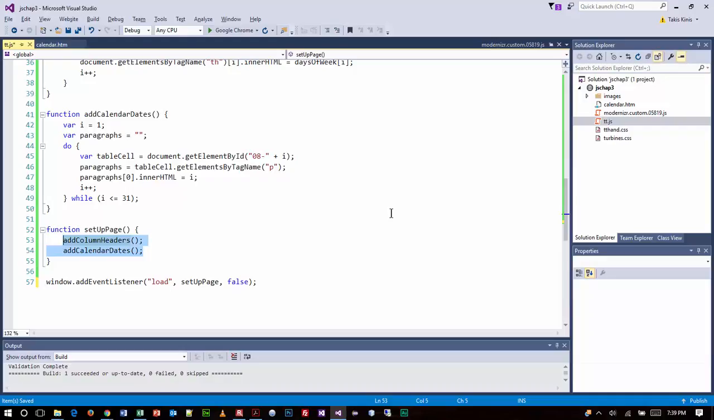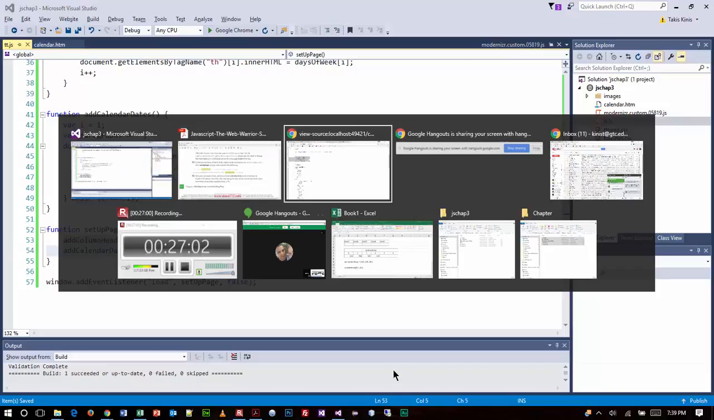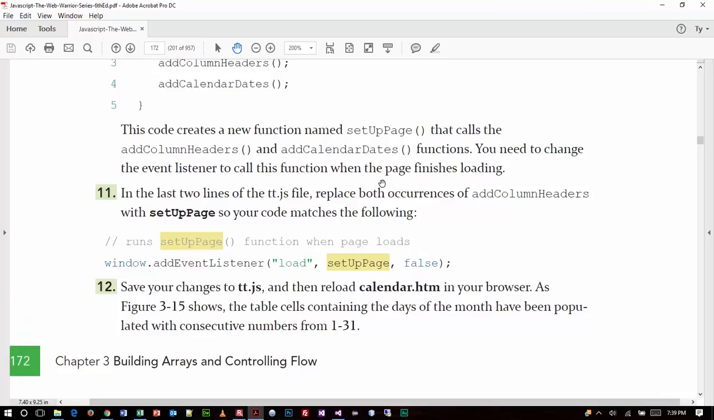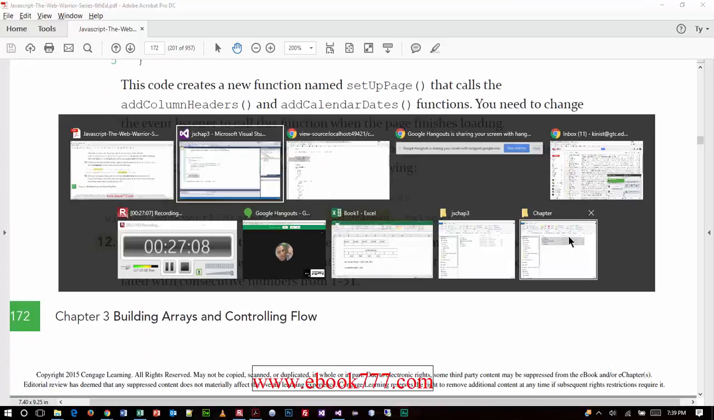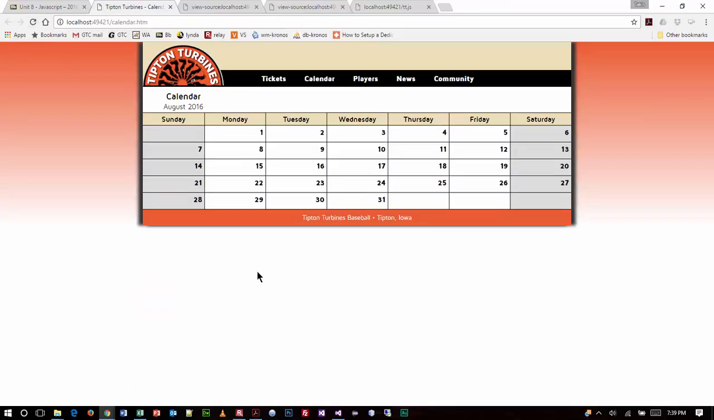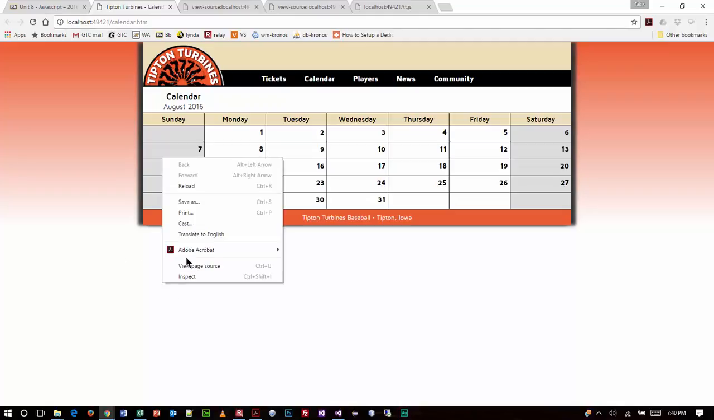All right, so I'm going to do a Control-S to save once again, assuming he's going to have us run it now. Yep, he is. So we're going back to our page, and we're just going to do a refresh, and all the calendar dates are populated. And of course, if you right-click and view source,